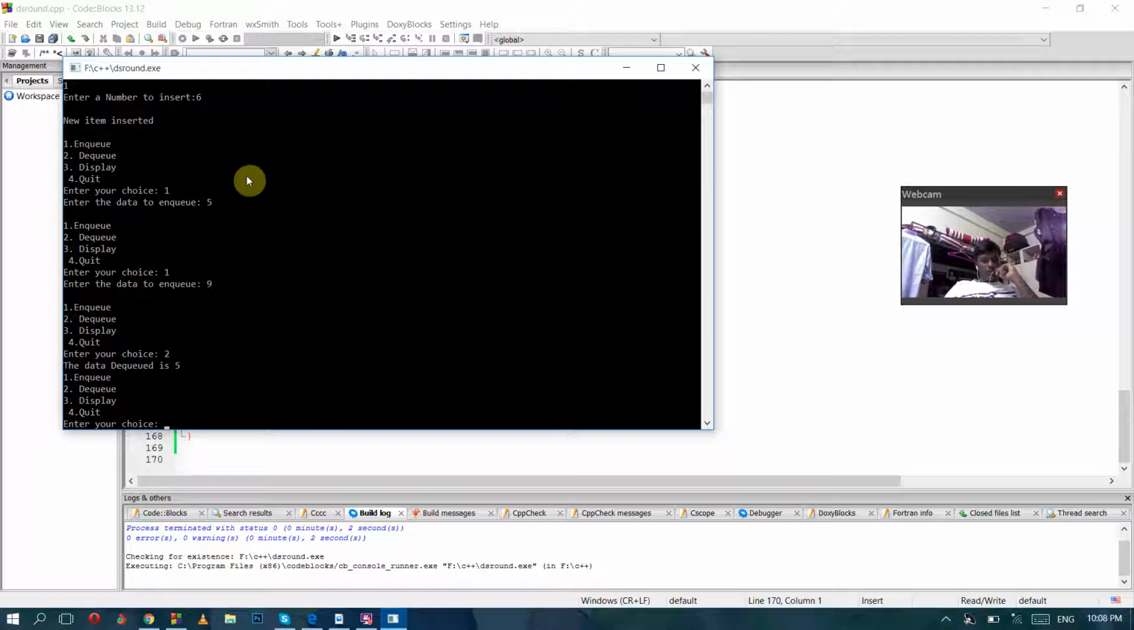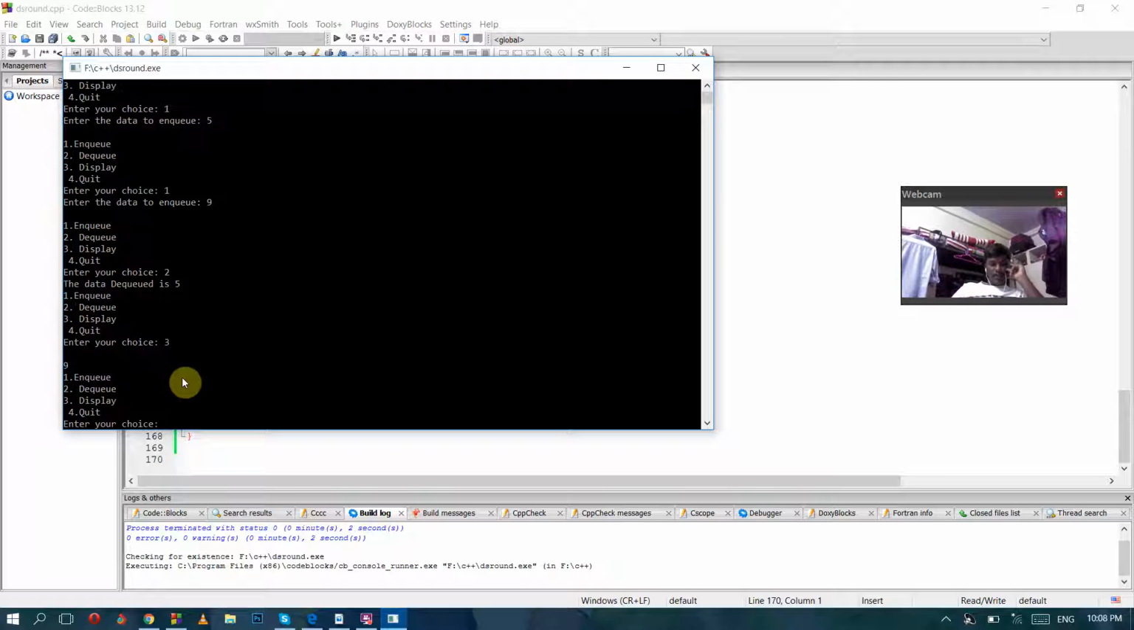I dq'd it. The dq data is 5. Actually, according to q, what happened is first which you have entered, that only comes out. So entered data first is 5, next is 9. So first 5 is executed. Just I want to display what is present in the queue, and it is 9. So 9 is left, 9 is displayed, and